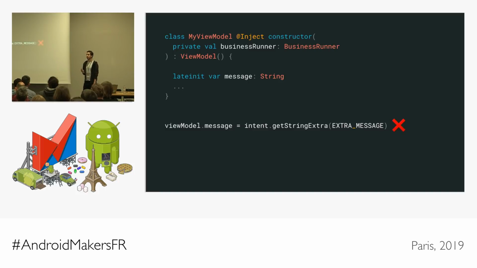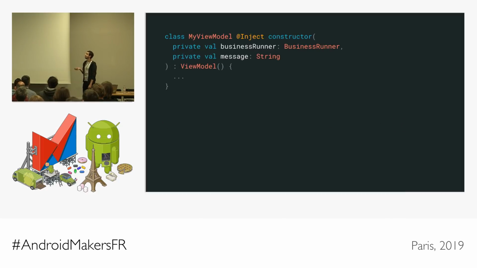We don't want to give up on Dagger's compile time safety. We want to make sure dependencies are ready to go as soon as they're injected. If I have to call something or set something before I can use my dependencies, I'm going to forget, and things are going to break. So we really, really don't want to do that. So let's move our message back to the constructor,